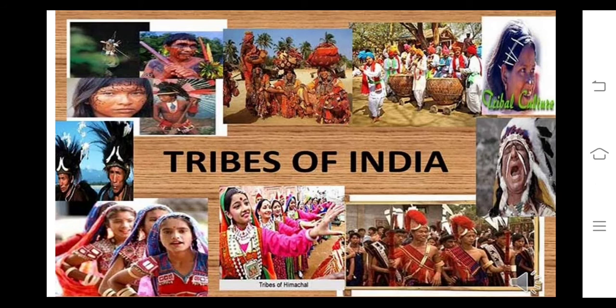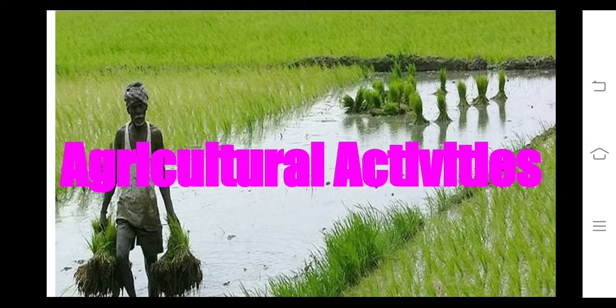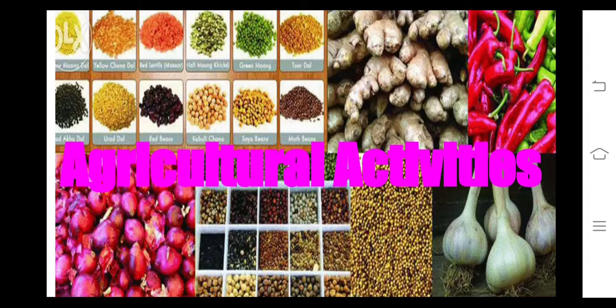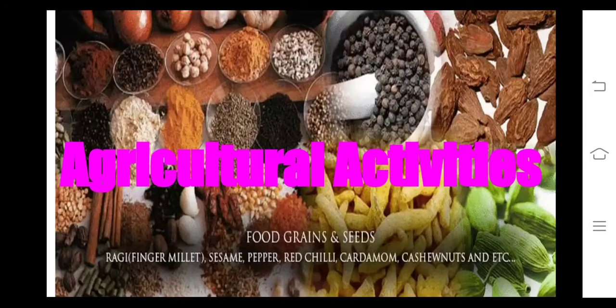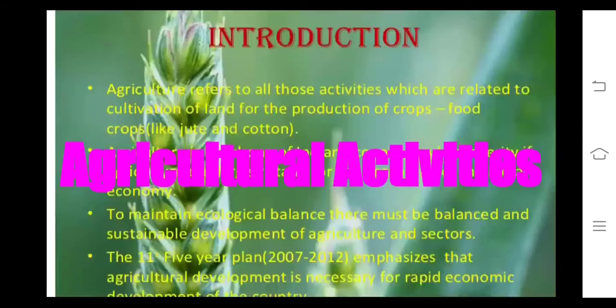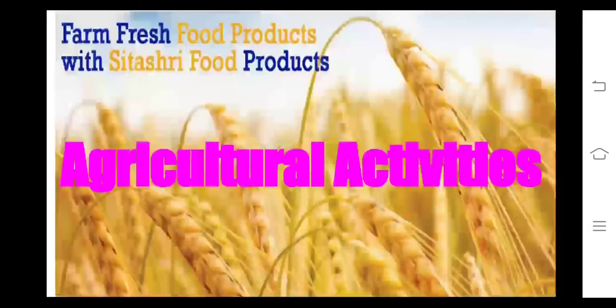Now, under rural community, our first community, rural means villages. In India, 72% of the total population live in a village, and agriculture is the major occupation of 70% of these people. Here we can see different types of activities in this picture, like plowing, winnowing, threshing, harvesting. All these include agricultural activities.